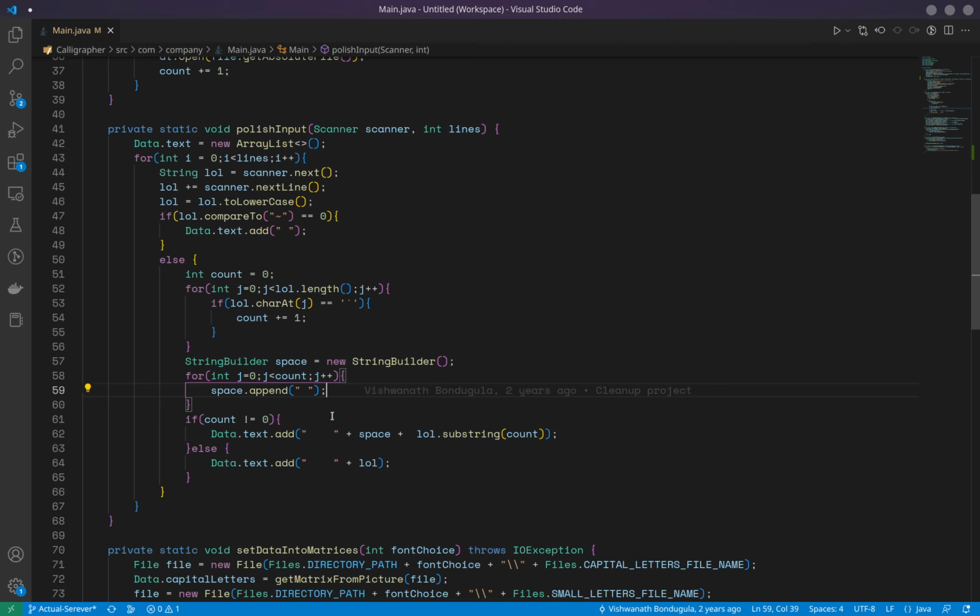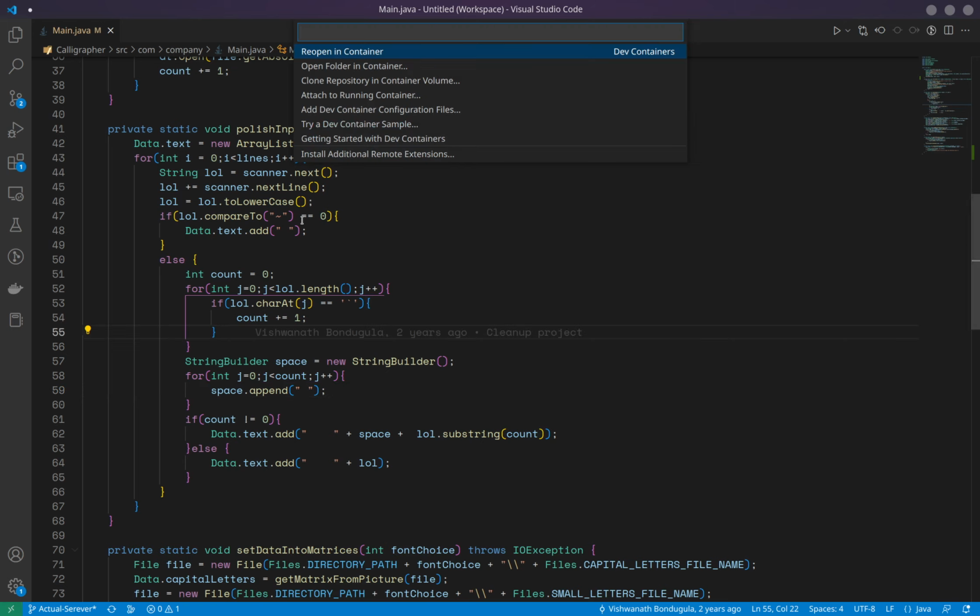VS Code has covered for you right out of the box for a lot of things. They even support third-party software like Docker, and these days you could start your remote development by running VS Code server on a remote server, and then just connect to it and start working out of your laptop. So what this essentially enables is opening a remote window or opening a remote container and trying to